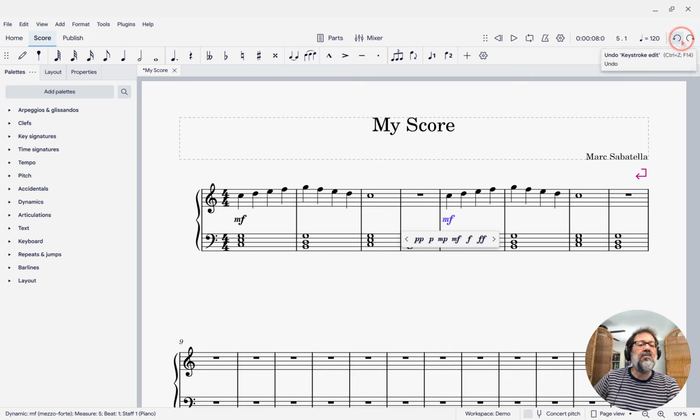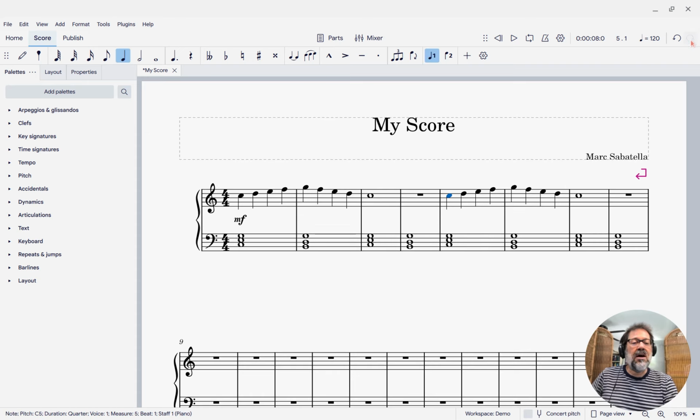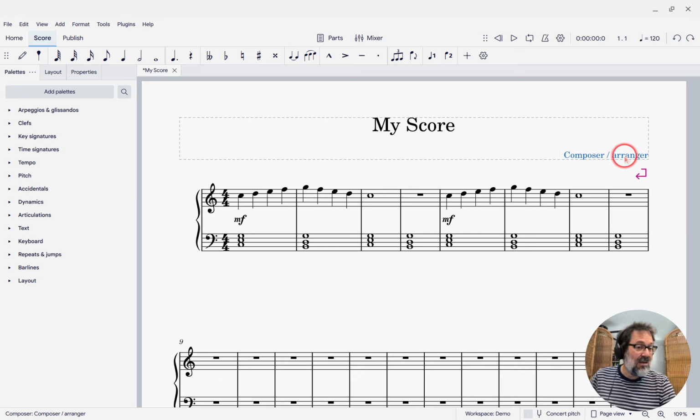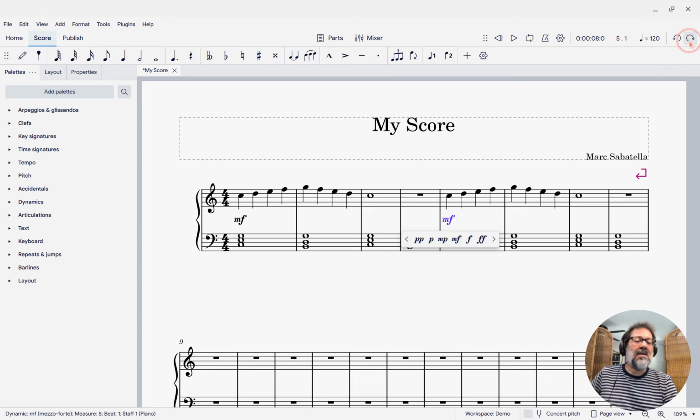But let's take a look at this in more detail. Notice that when I hover over these buttons, it tells me specifically what I'm going to undo. If I hover over the redo button, it tells me what it's going to redo. So there's the redoing of that delete. Here is the undoing of that delete, and it tells me what the specific operation is. The next one in line, when I hover over the undo button, was keystroke edit. I think that is, yes, I had edited my name here under the composer field. So you can see kind of one step at a time what you're going to be undoing or redoing,